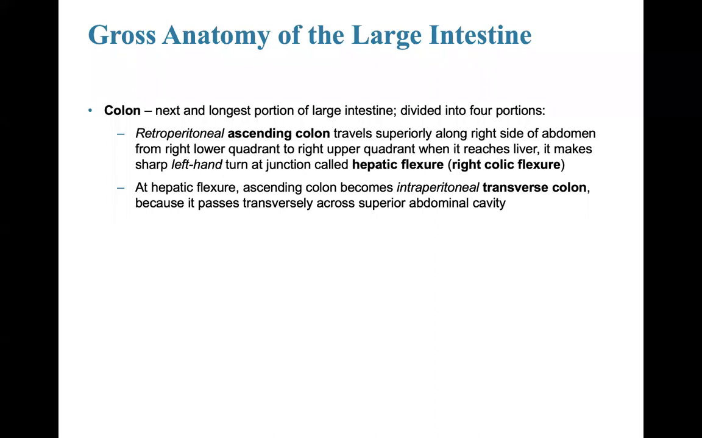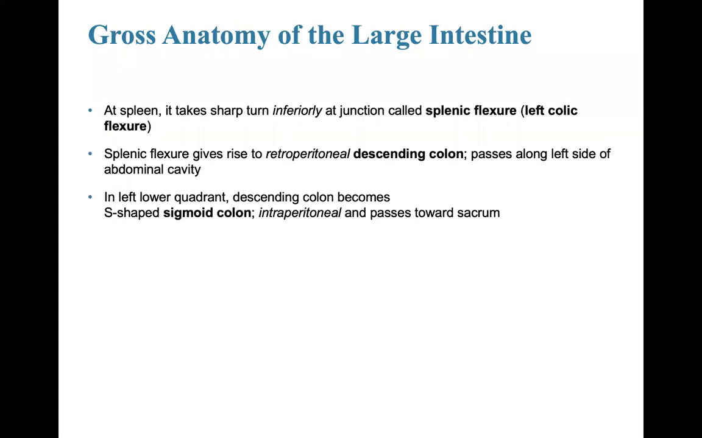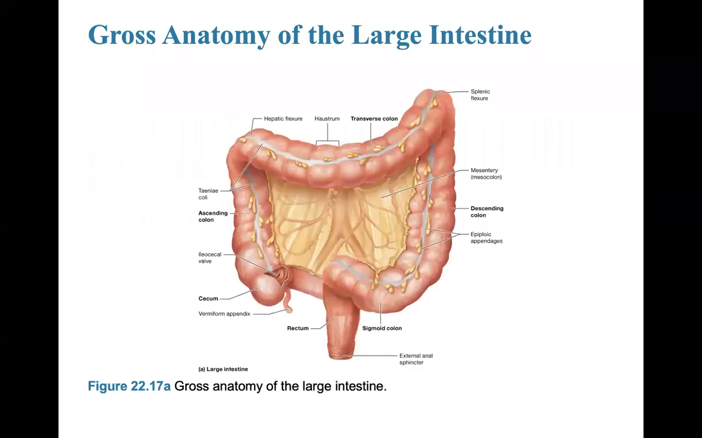At the hepatic flexure, the ascending colon becomes the transverse colon because it passes transversely across the superior abdominal cavity. At the spleen, it takes a sharp turn inferiorly at the junction referred to as the splenic flexure, and this will then transition into the descending colon, which passes along the left side of the abdominal cavity. In the lower left quadrant, the descending colon becomes an S-shaped sigmoid colon, and then you'll go into the anorectal area. So the final segment of the